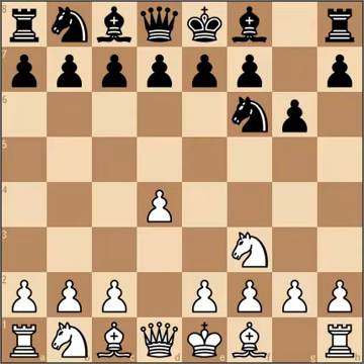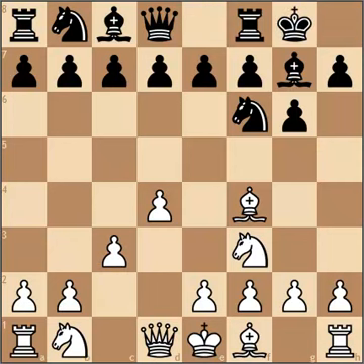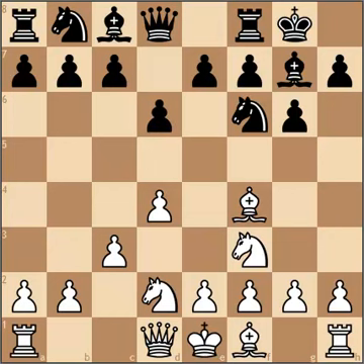And he goes g6 and bishop to f4, getting out of the future pawn chain here. And bishop to g7, getting ready to castle. c3 and castles short, and knight to d2 and d6, opening the diagonal for the bishop,